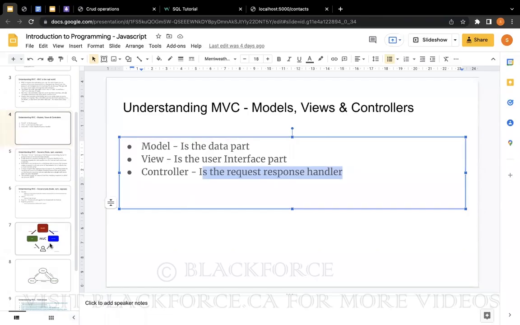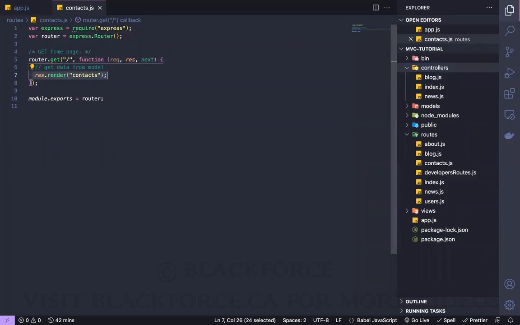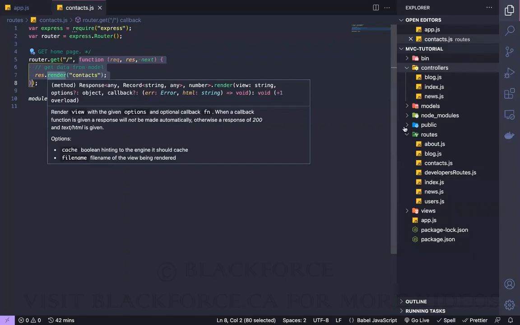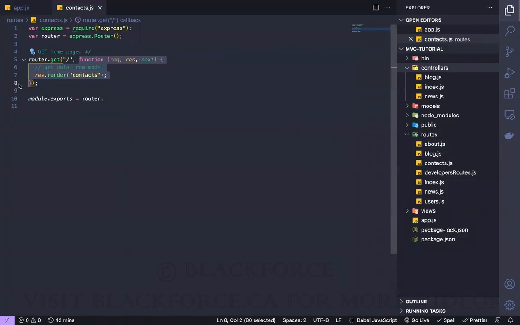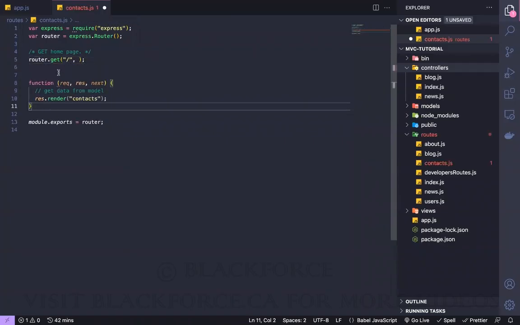If I open up any of this diagram, you see that the controller maybe manipulates the model, and it's the controller that sends the request to the view, right? So whatever we've been doing here, res.render, this is actually a controller, but the thing is we've had the controller in our route file all this while. So what I want to do here, I'm going to remove this function. It's just a function, right? So see, I did this on Friday. If I remove this function and declare it here,